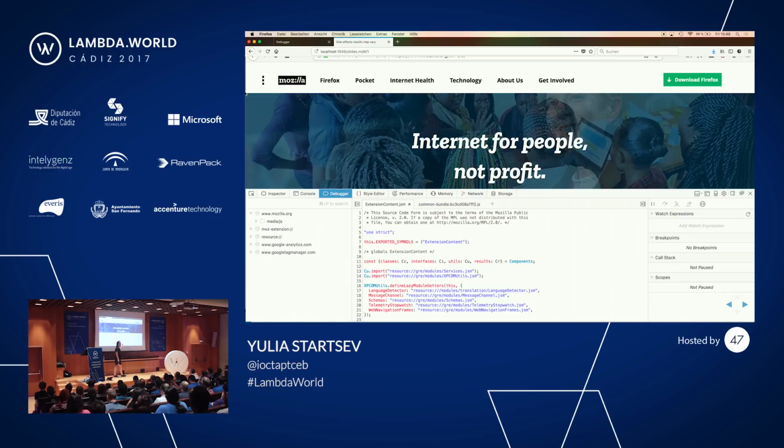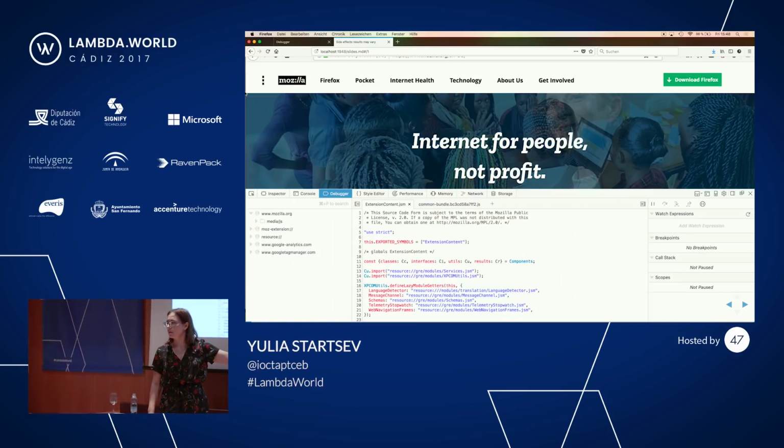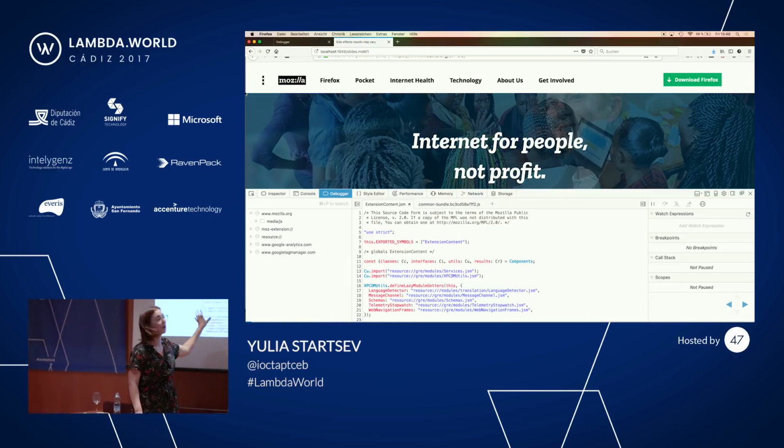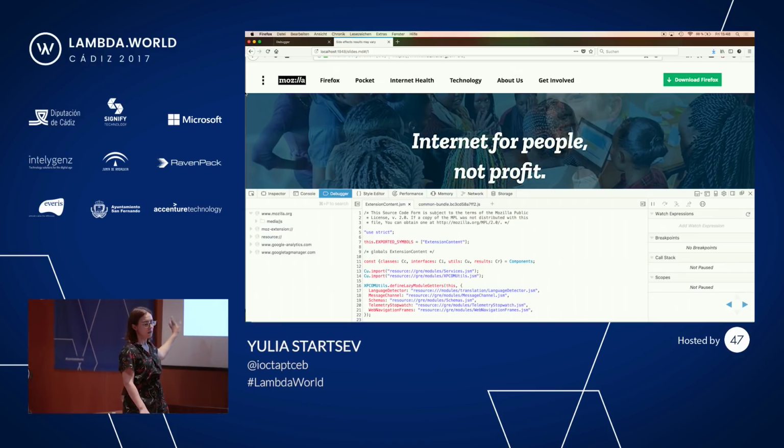If some of you are familiar with Firefox and you're running the stable version of Firefox, you probably haven't seen this panel. This is new. And I'll tell you a little bit about why this is new, how this is new, and what's been happening with this panel. But first, I would like to just tell you a little bit about debuggers in general